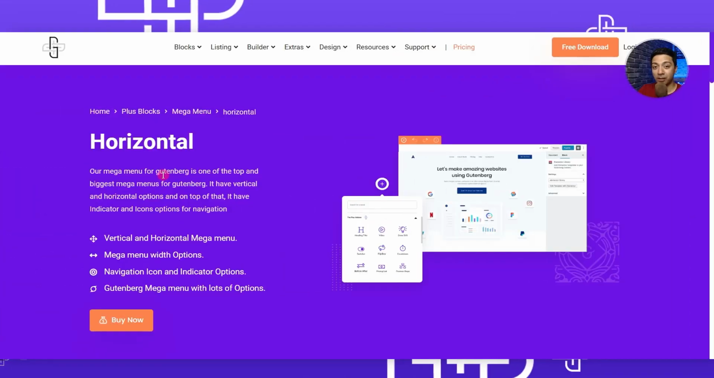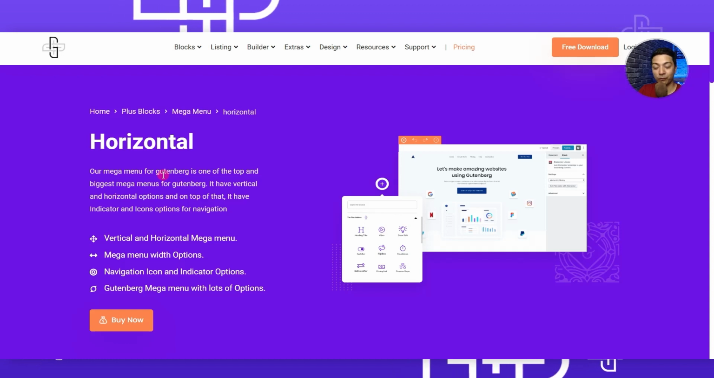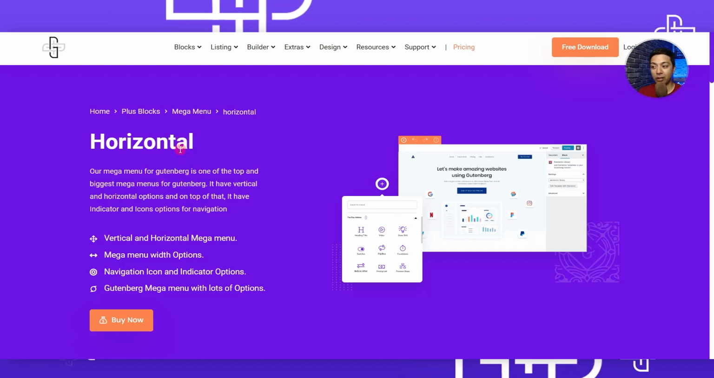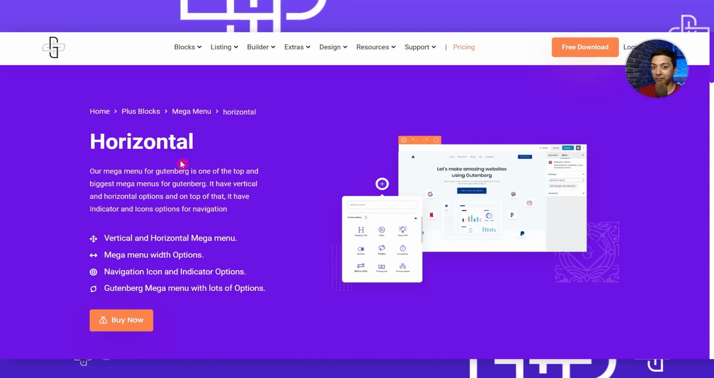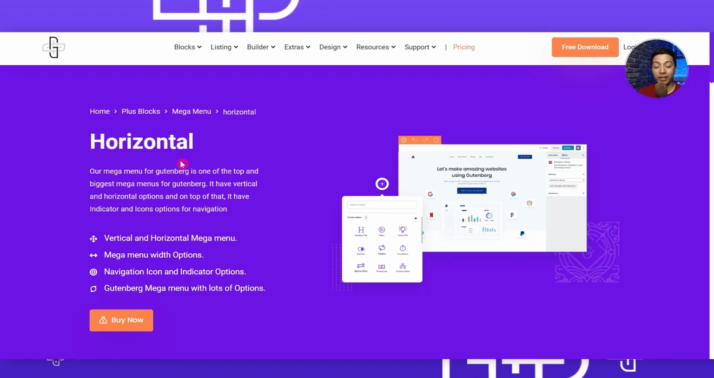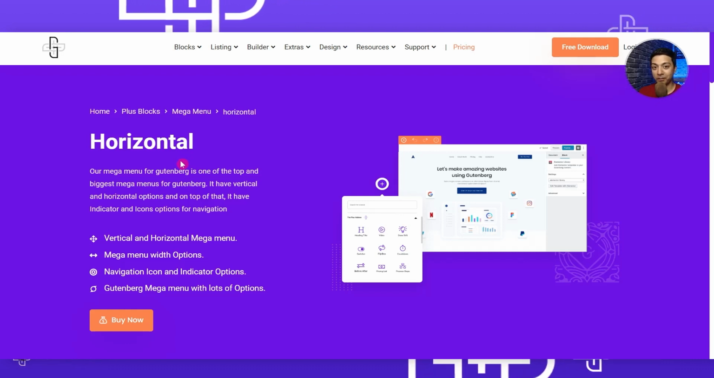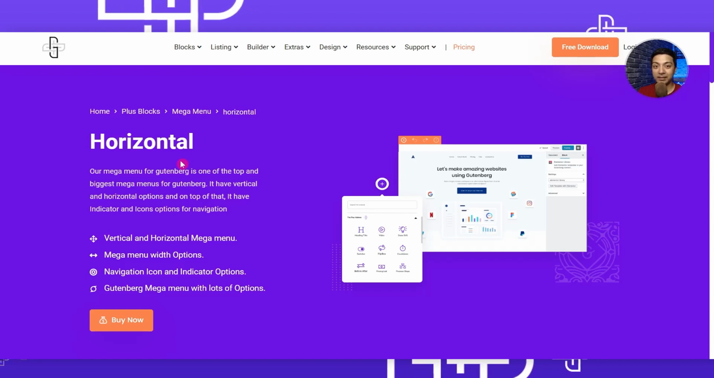In this video, we are going to talk about how we can build mega menus using Gutenberg Page Builder. So in order to build our mega menu, we are going to use the Plus Blocks Mega Menu widget. And here we can create horizontal as well as vertical mega menu. But in this video, we are only going to cover horizontal mega menu and we will create a separate video